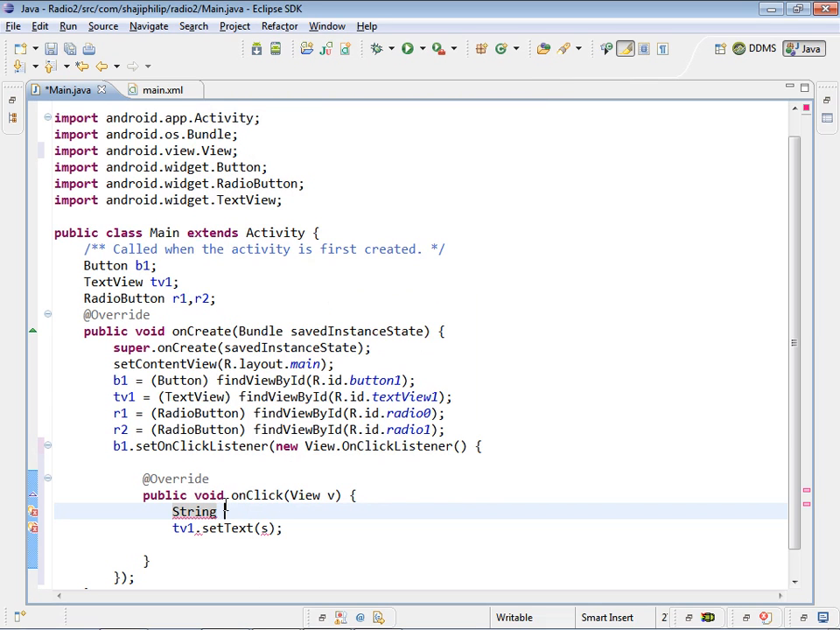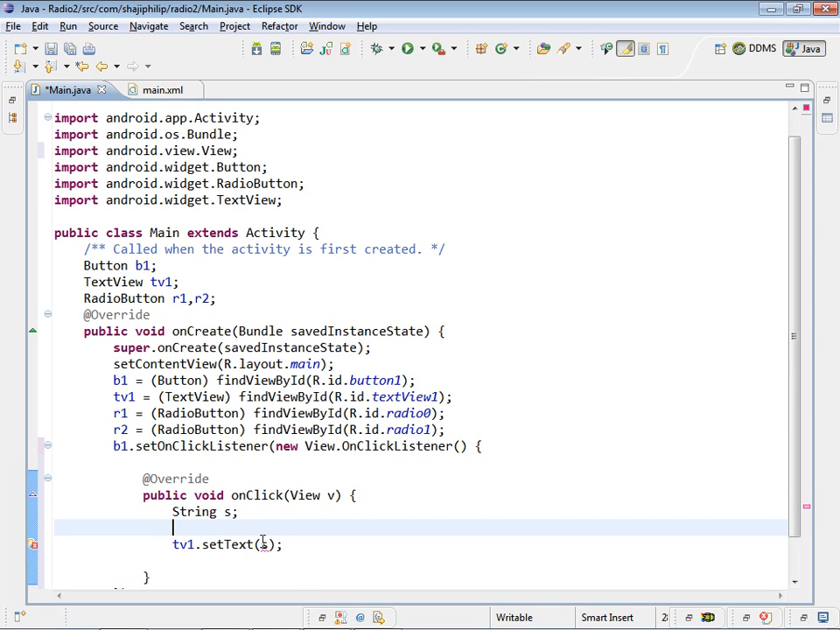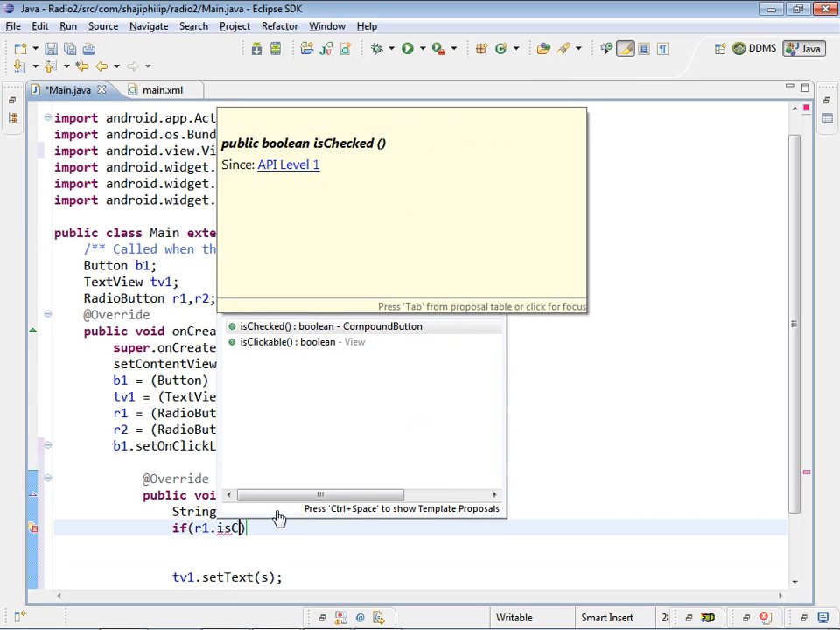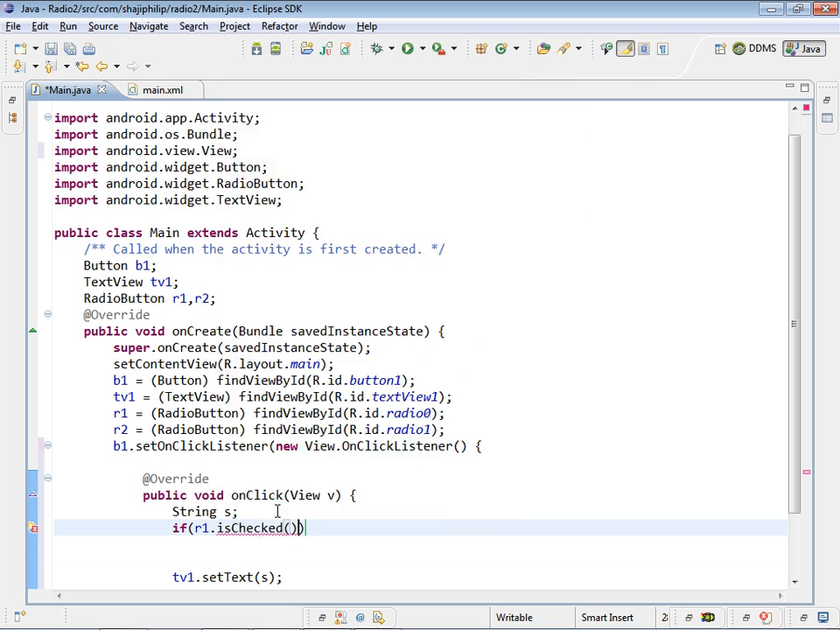String s, and still we have to give the value for the string. That's what it is looking for. We will assign the value if we have two radio buttons, R1, the first one, R1 is checked. Suppose R1 is checked, then we have to do this code, s equal to R1 checked,